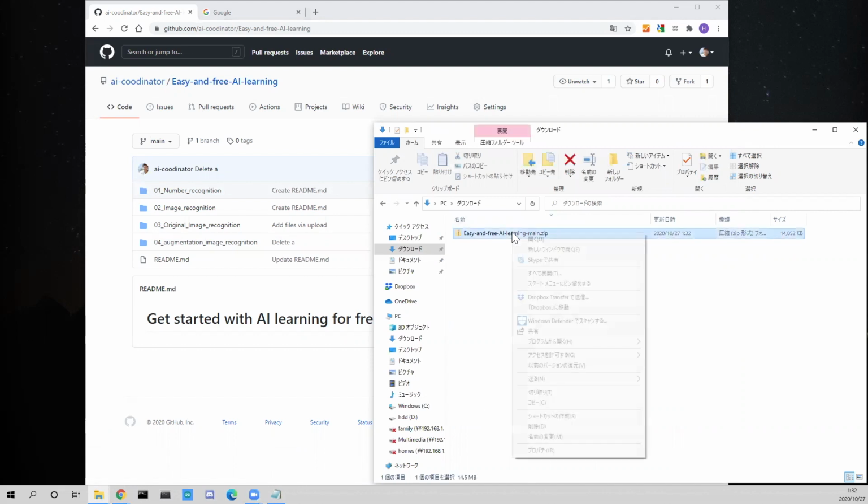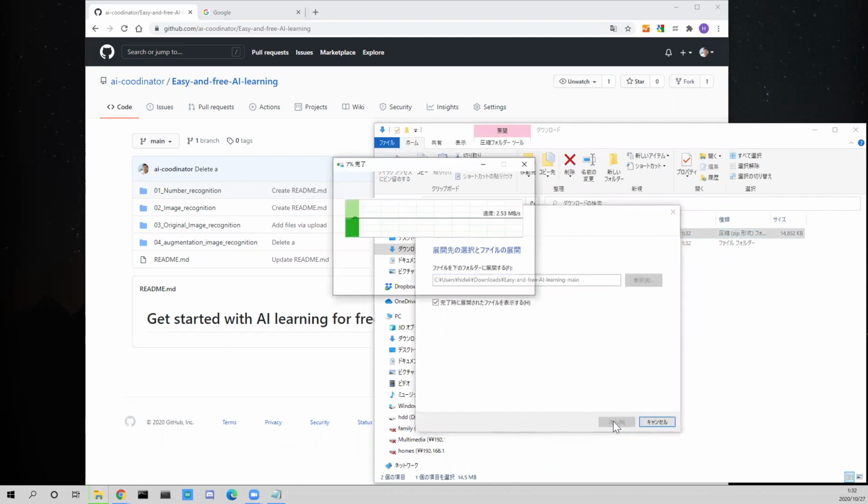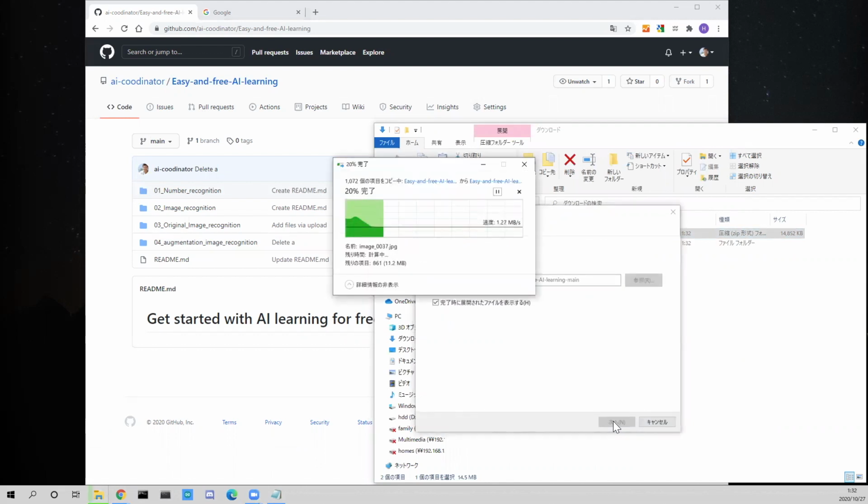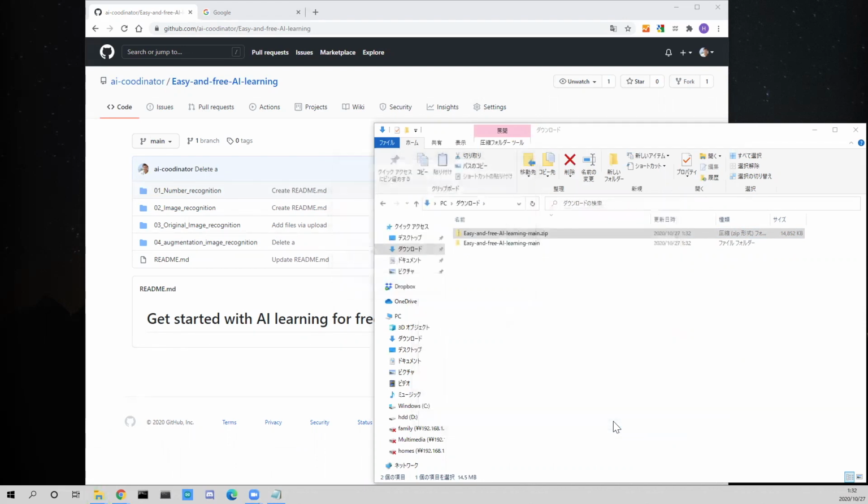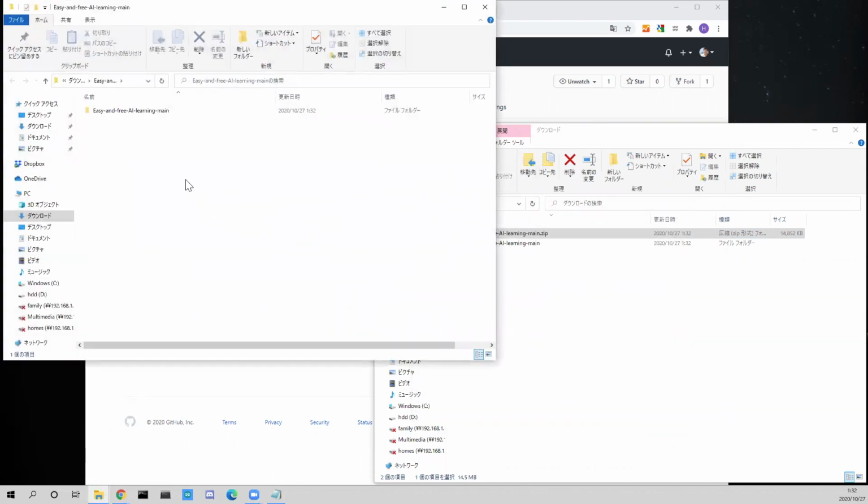After unzipping, take a look at the original image recognition folder. The code used this time is original image recognition IPYNB.